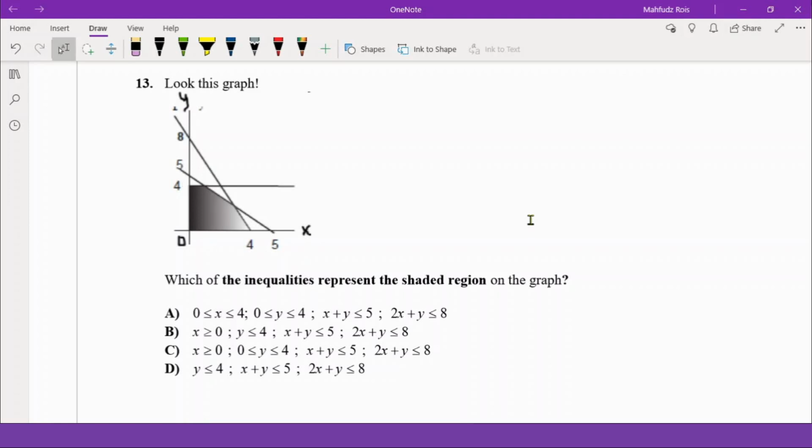Number 13. Look at this graph. This graph is given here, and you need to find the inequalities that represent the shaded region. So this region. If you see this region, the border that makes this region happen